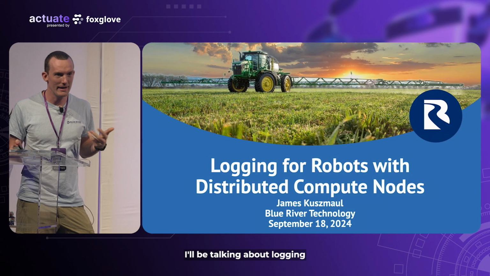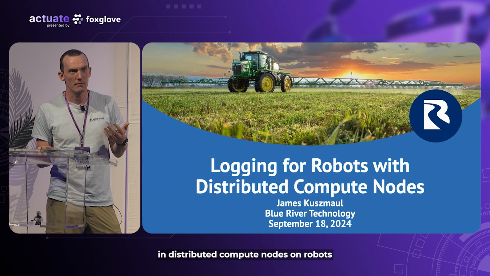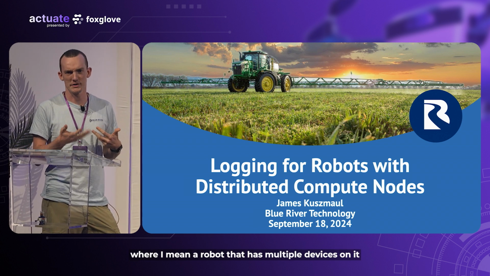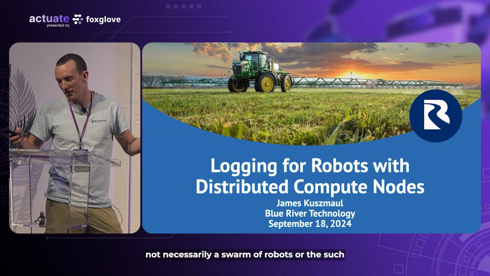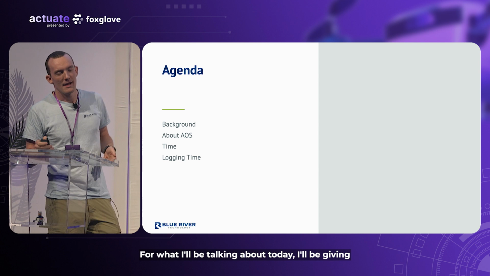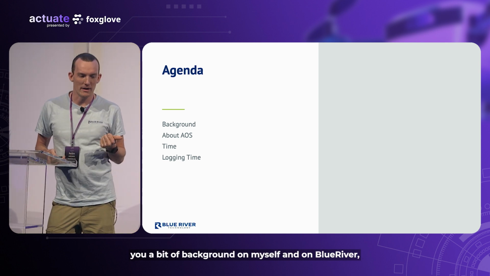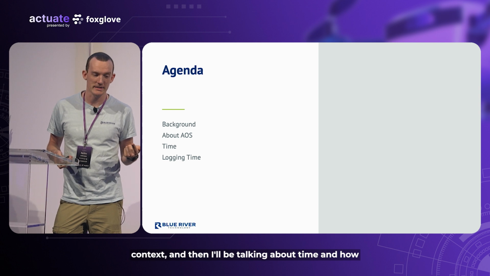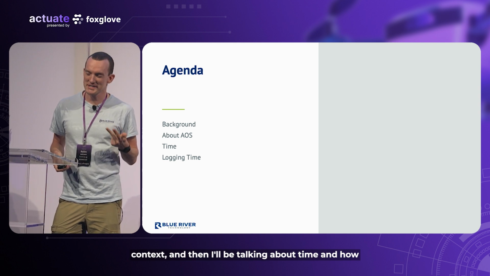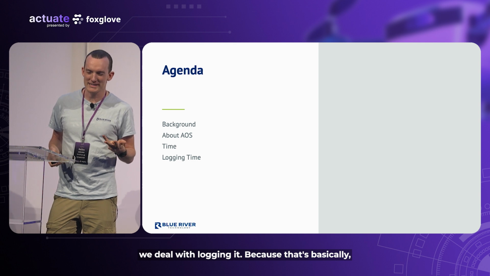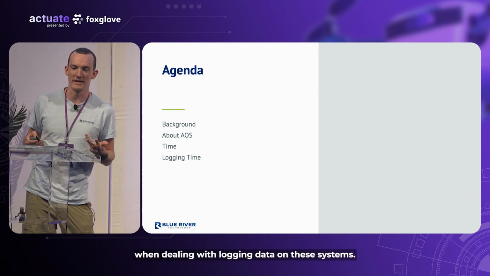I'll be talking about logging in distributed compute nodes on robots, where I mean a robot that has multiple devices on it, not necessarily a swarm of robots or the such. And for what I'll be talking about today, I'll be giving you a bit of background on myself and on Blue River, a bit about the middleware stack that we use for context, and then I'll be talking about time and how we deal with logging it, because that's one of the core issues we've encountered when dealing with logging